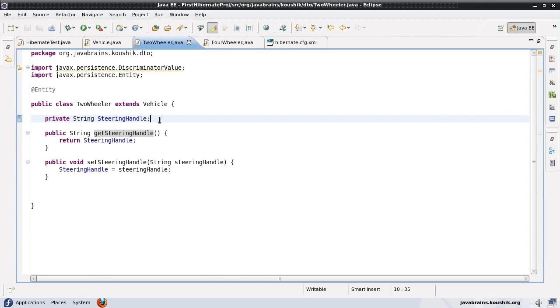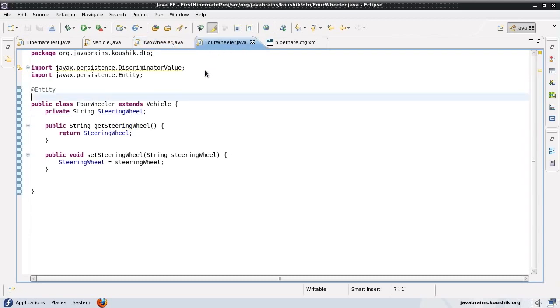Say in the single table strategy, I have inherited the vehicle class into a two-wheeler and a four-wheeler, say, but I only have two objects in the two-wheeler and four-wheeler class, and all my objects are from the vehicle class. In that case, you have two columns that are null for most of the records in the table. So this is actually not very efficient when it comes to database design, and it is not in a normalized format. So this is avoided if you have the separate